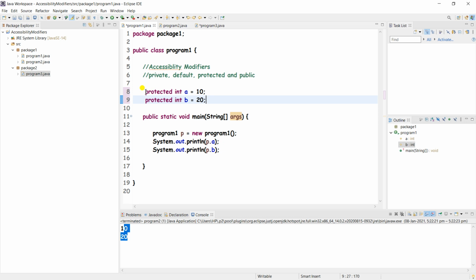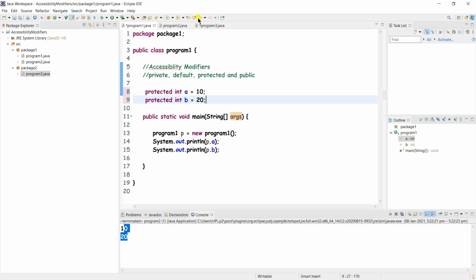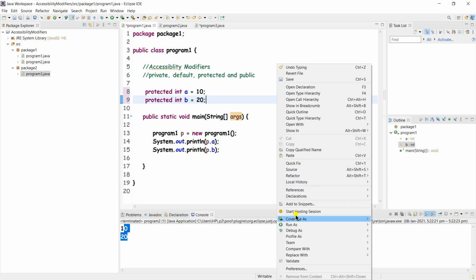Meaning the current class, the same package, or outside the package, but only when we have declared it as a subclass, right? So here it will be accessible.